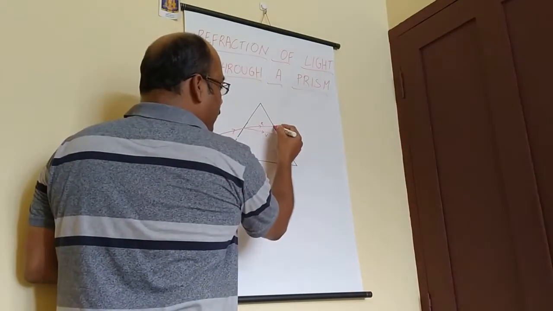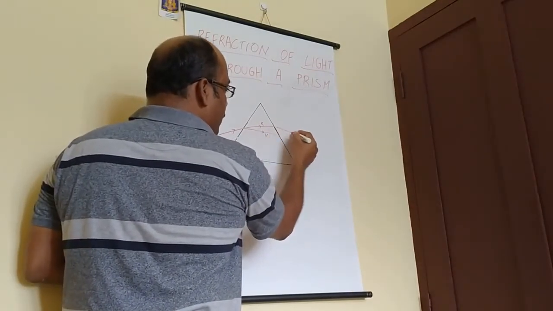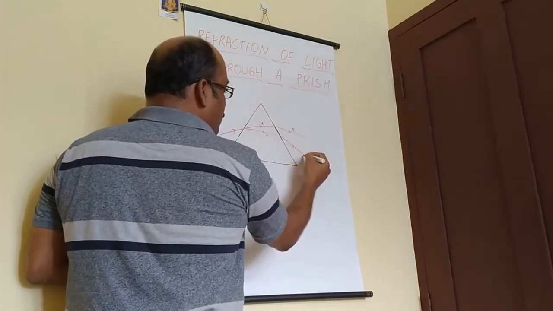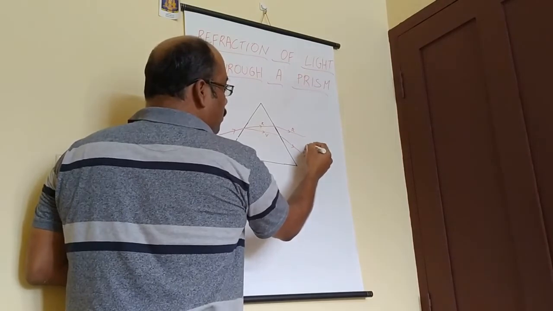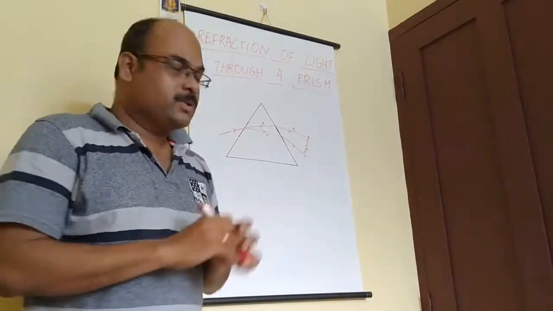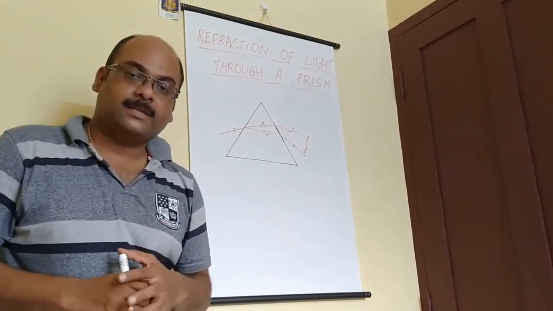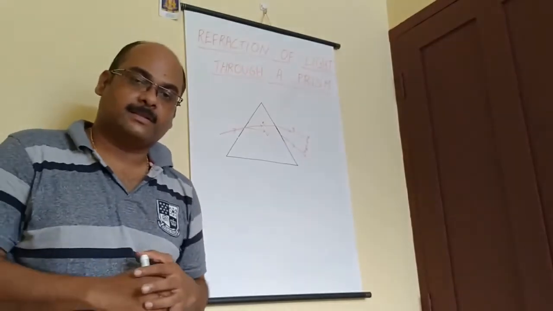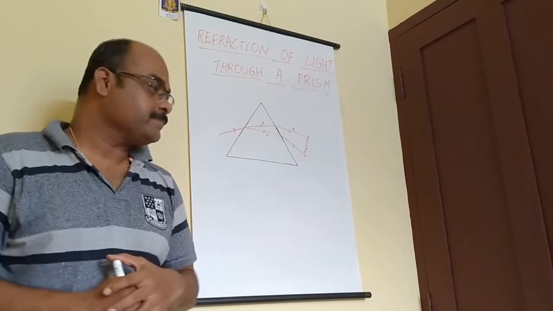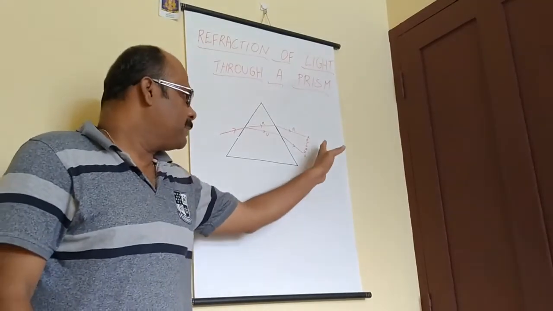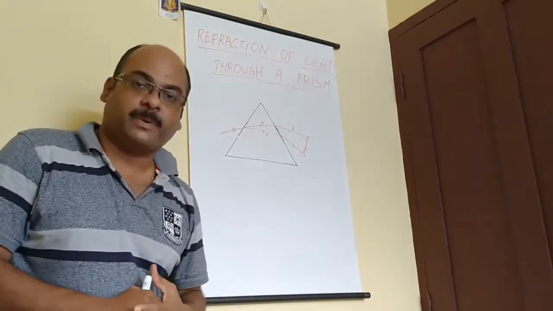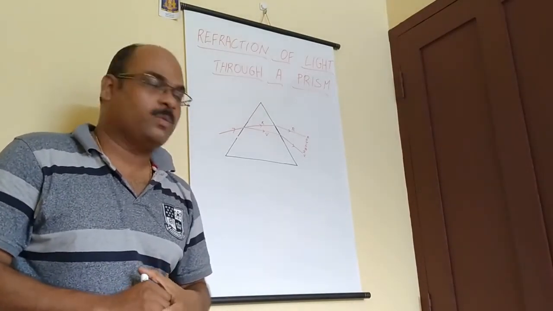And here again, when it passes from the denser to the rarer medium, red will bend less and violet will bend more. So this is violet. Here you will get indigo, blue, green, yellow, orange, red. You will get all the colors. So here what happened? The white light got split into different colors. This splitting up of white light is called dispersion of light. Here you will get a band of different colors of light, and these different colors form its spectrum. It is the spectrum of this white light.